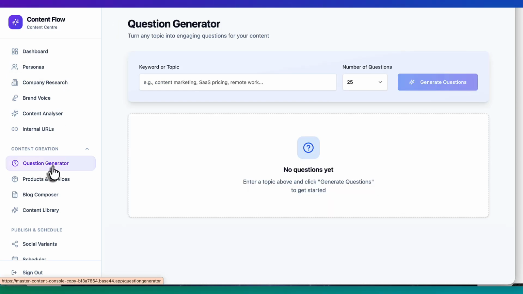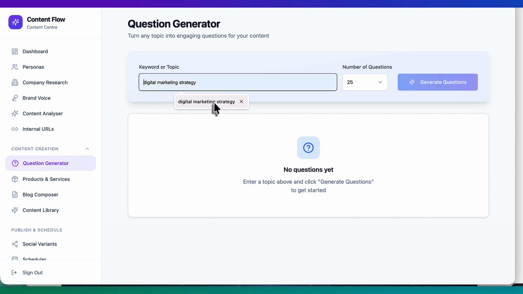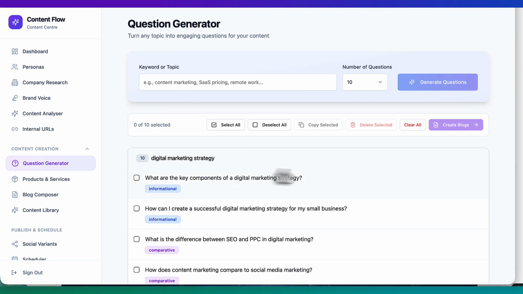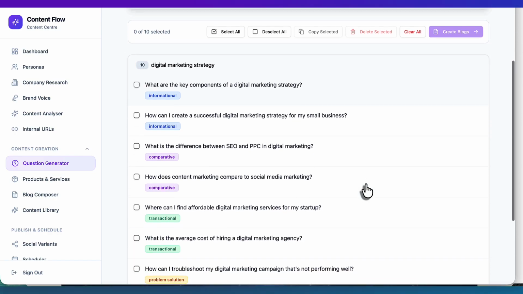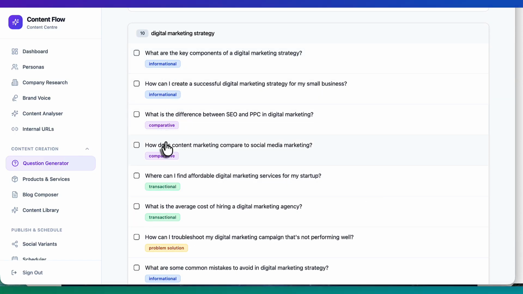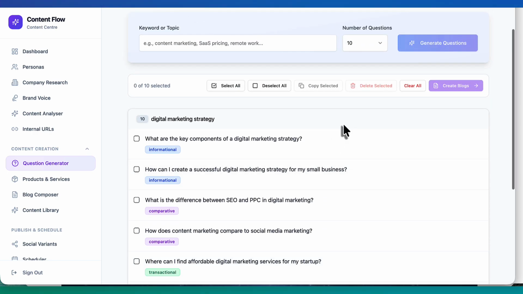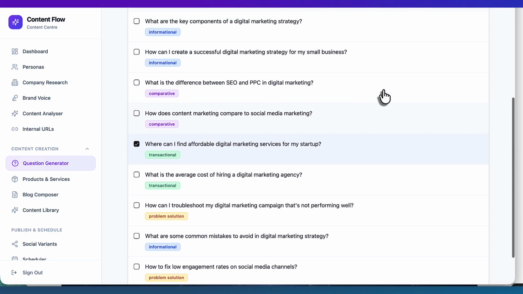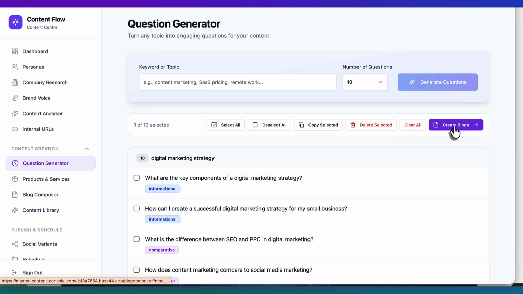So, demonstration. I'm going to go to the question generator, and at the top we're just putting a digital marketing strategy as it's already come up. I'll put the lowest number just to show you so we're not hanging around too long. We're going to generate some questions here. These are the top questions that people are asking about digital marketing, and we've also got the intent of the customer. And what we can do then is say, okay, let's find a transactional. I do like a transactional. So we'll click on that, or you can select them all if you want to, and we can go and